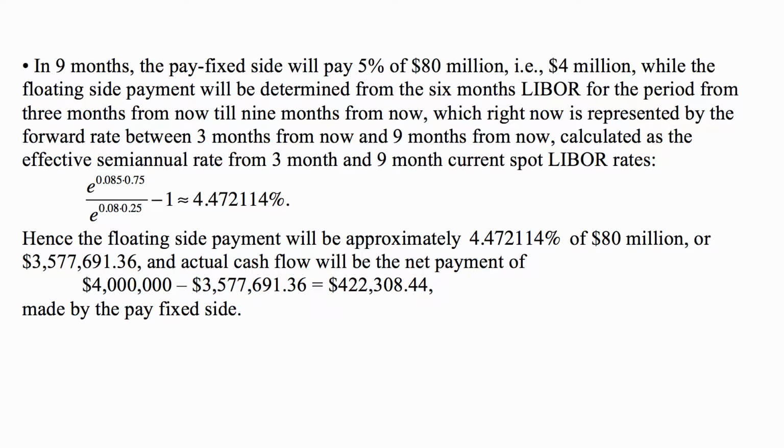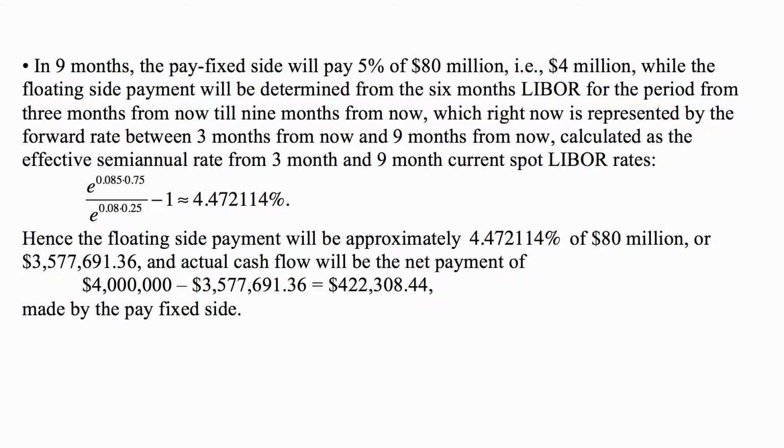So what we have is e to the rate we're looking for, the forward rate, and it's effective over those 6 months. It's not an annualized rate. It is e to the 0.085 times 0.75 divided by e to the 0.08 times 0.25, minus 1, and that's approximately 4.472114%. So the floating side payment will be that interest rate times 80 million, which is